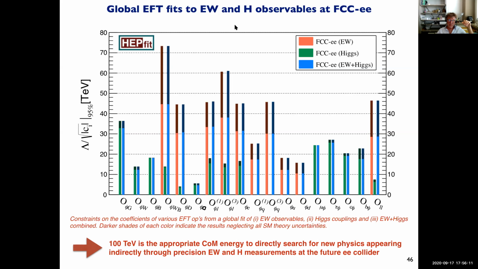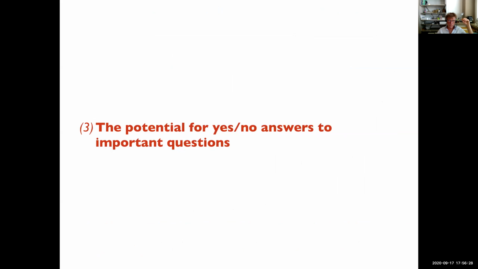So the indirect precision measurements of electroweak and Higgs observables at FCC-ee are sensitive to scales which, as you see in this plot, go up to 20, 30, 40 TeV, and that is the range in which the 100 TeV machine could perform the explicit discovery. So as for this issue of the potential to answer yes or no questions to important issues,